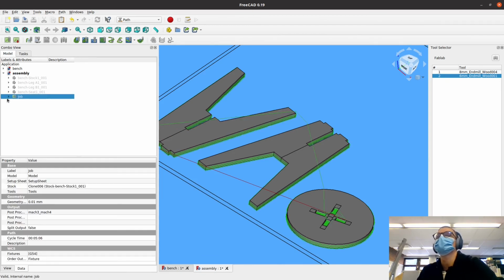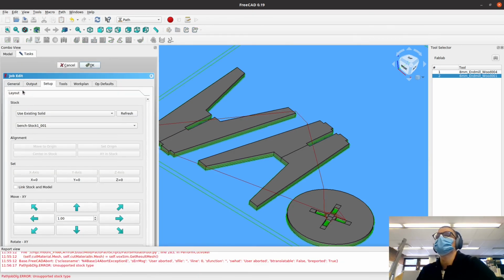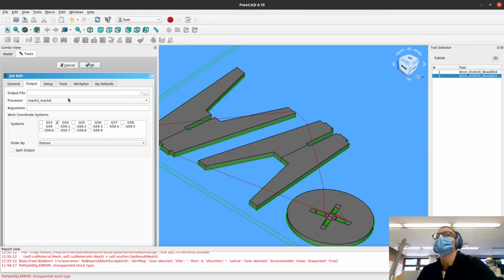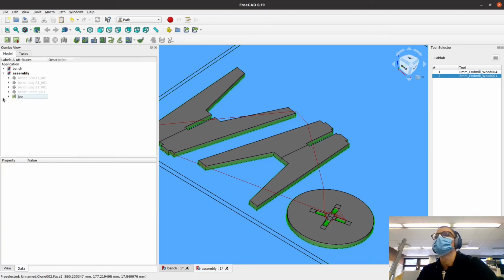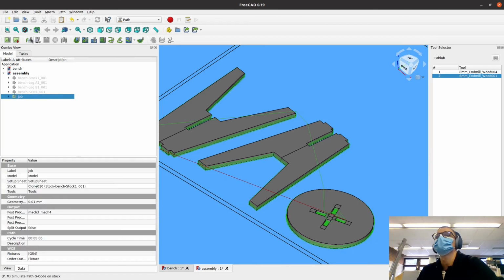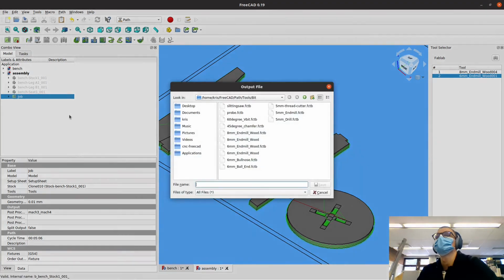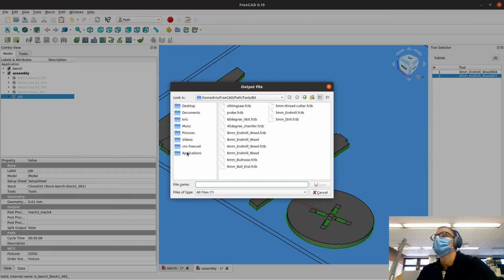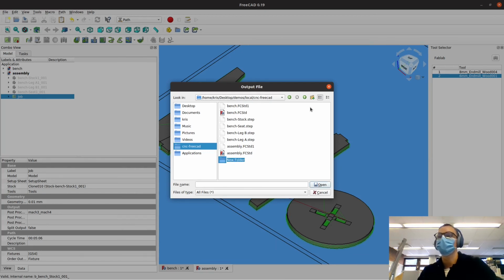And the next part is to just double check that you have the correct processor set up over here. In our case it's Mach 3, Mach 4. Then you select the job and you hit post process the selected job. And you go somewhere where you want to save it. I'm going to make a new folder, paths,